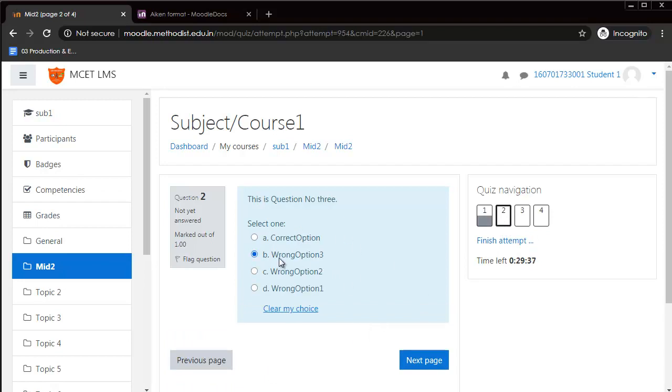If the student has a doubt about a particular question, he or she can flag the question. Once the flag has been placed, you can see here on the right side a red corner will appear above the question, which means the student has flagged it for checking once again before ending the quiz.